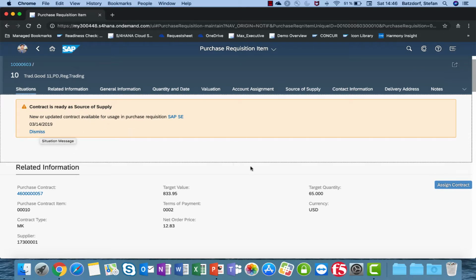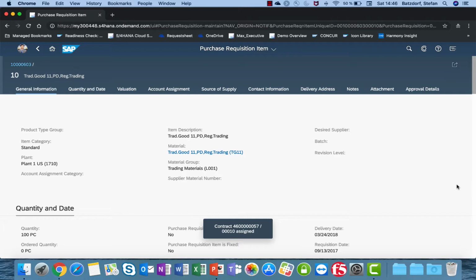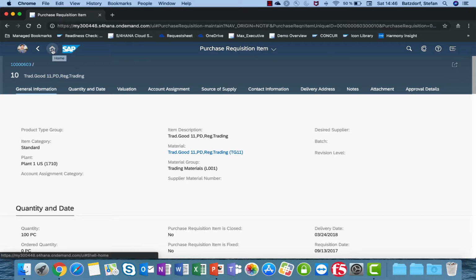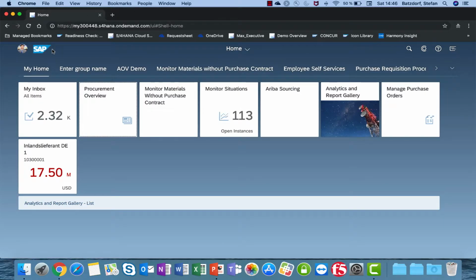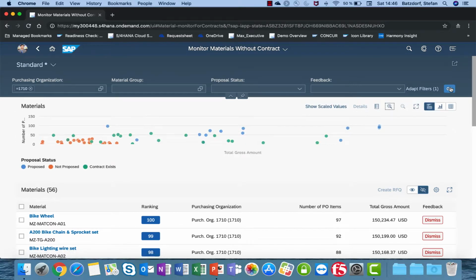I can dismiss this information, or I can simply assign the contract directly to this purchase requisition item. So the contract is assigned. So the buying of the material is now based on the contract. And by this, the system proactively monitors if any kind of information is missing. You also have applications like monitor materials without contract. So you can use this application to monitor any materials inside your production facility that don't have